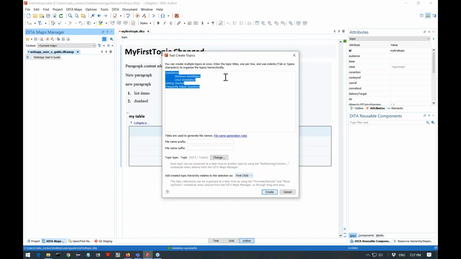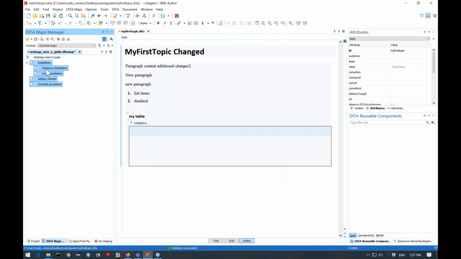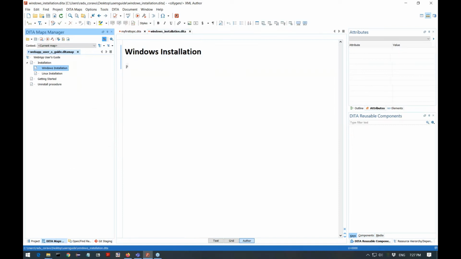Maybe add an installation, Windows installation. I'm just defining the names, Linux installation. Maybe getting started, maybe an uninstall procedure, and so on. So I create all these topics here using the fast create mechanism. They are small topics, and